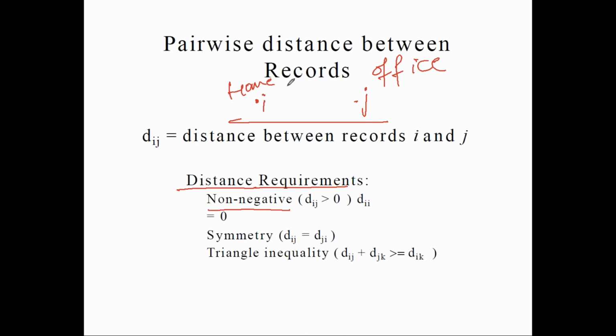So what is the distance between your home and office? If it is 2 kilometers or 3 kilometers or 5 kilometers or 10 kilometers, you will be writing that. Will it be -5 anytime, home to office? Distance cannot be negative. It should always be greater than or equal to 0 between I and J. The distance should be non-negative.